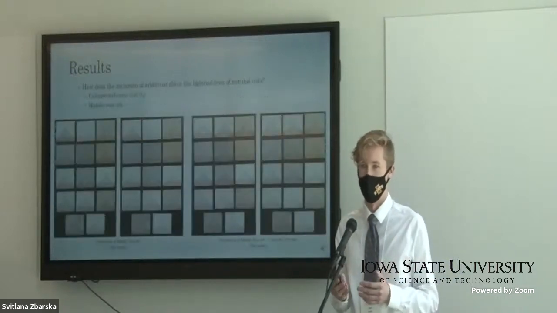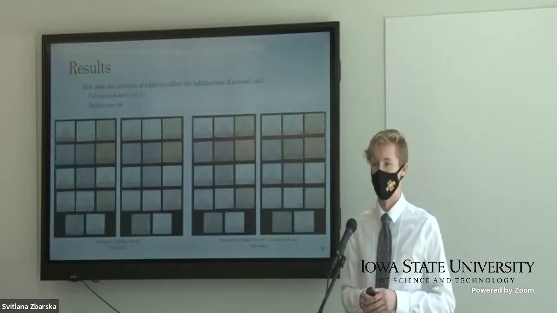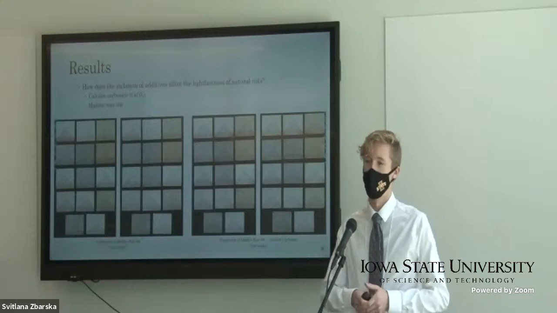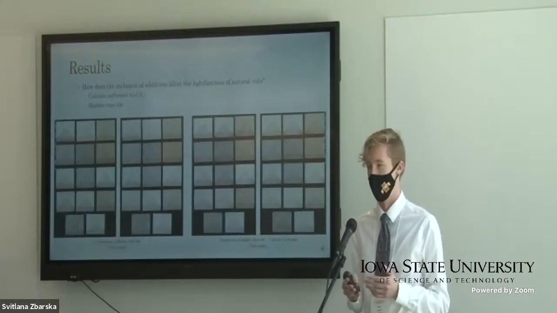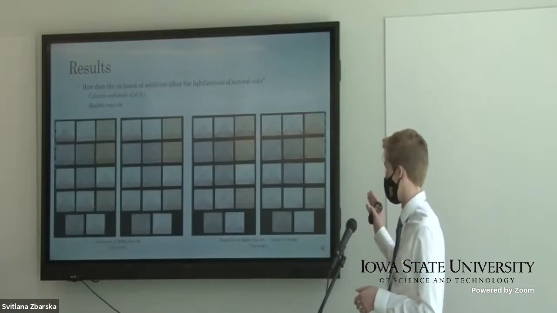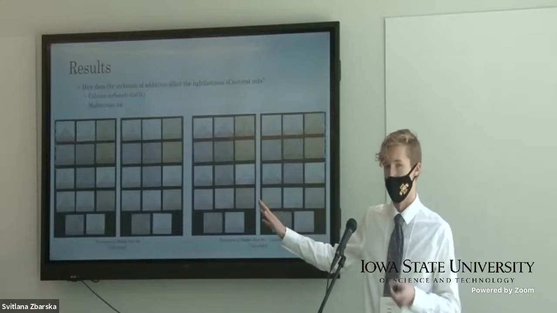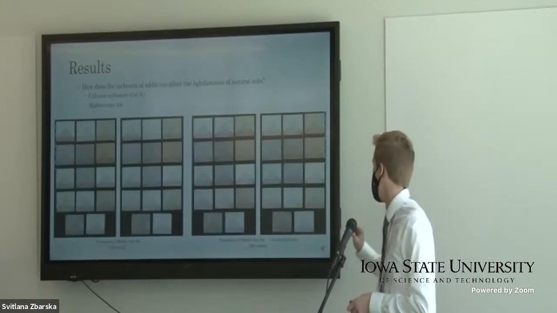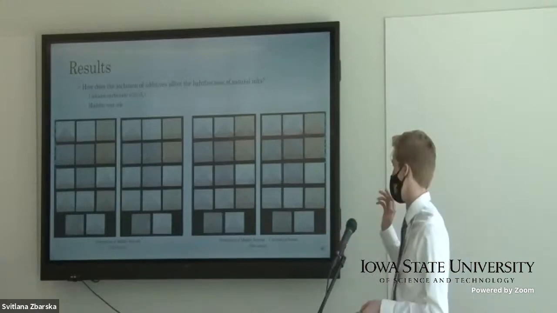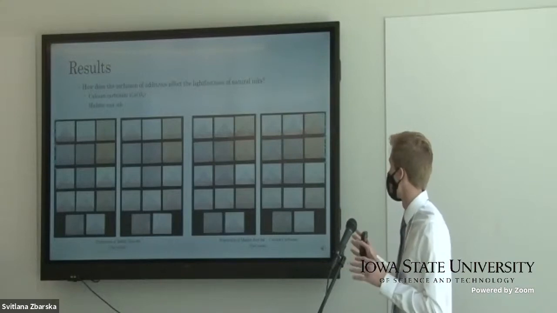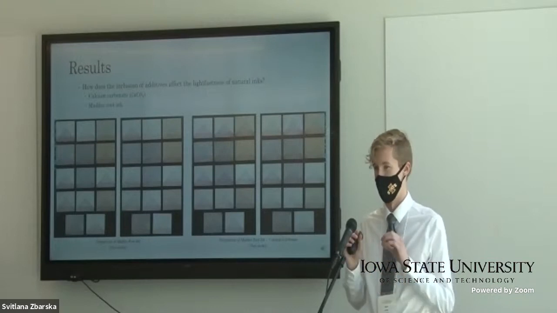So we'll look at another question now. How does the inclusion of additives affect the light fastness of the ink? On this first slide here, we'll be looking at CaCO3, which is also known as calcium carbonate. The only ink that we actually used this with would be the madder root ink, which is pictured on the bottom of this slide here. On the left half of this slide, you can see the progression of the madder root ink over a period of 2 weeks. And on the right-hand side of the slide, we can see the progression of madder root ink plus this compound over the same period. We can see, based on these two, that the additive does actually change the color of the ink a little bit.